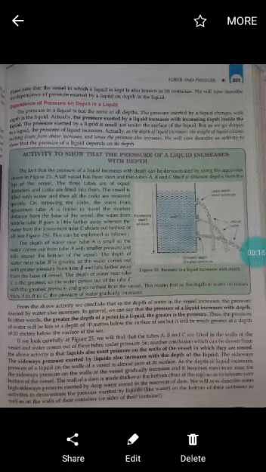As we have discussed in our earlier video how pressure depends upon the depth of the liquid, we have drawn the conclusion that pressure of a liquid increases with depth, right? Or the greater the depth of a point in a liquid, the greater is the pressure. Again, another conclusion we have drawn is what?